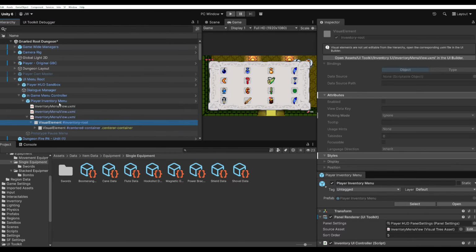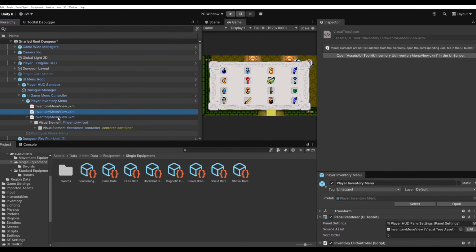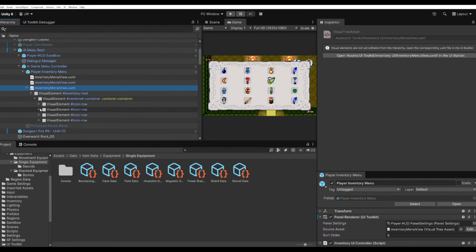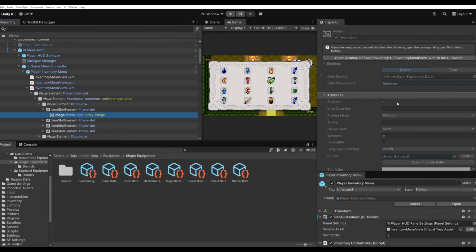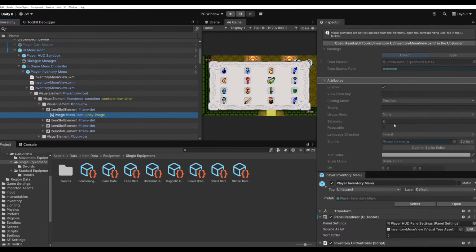Ooh, why is it multiplying? I don't know if you guys see in the hierarchy, it's multiplying, actually duplicating itself over and over again, like the inventory menu. That's weird. So the source, if you say equals image,